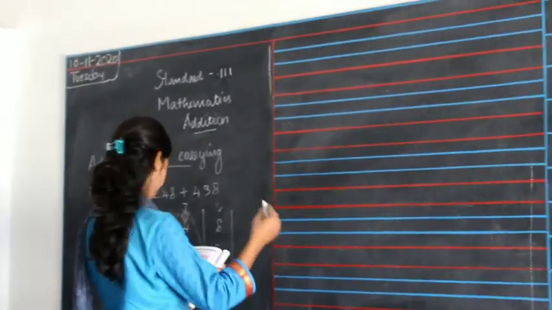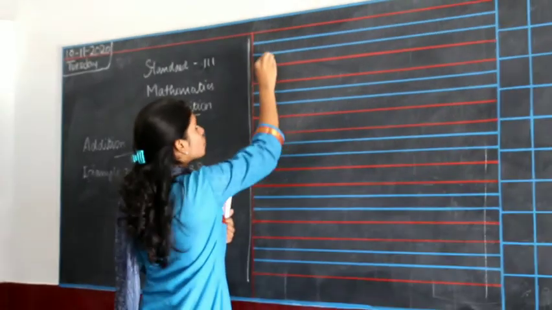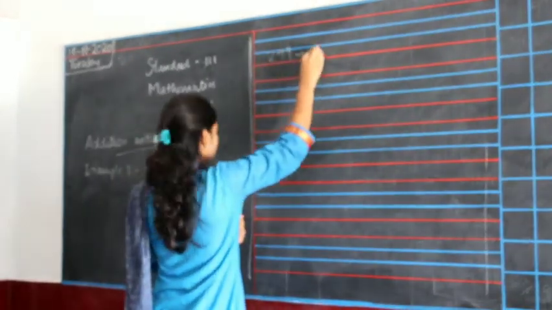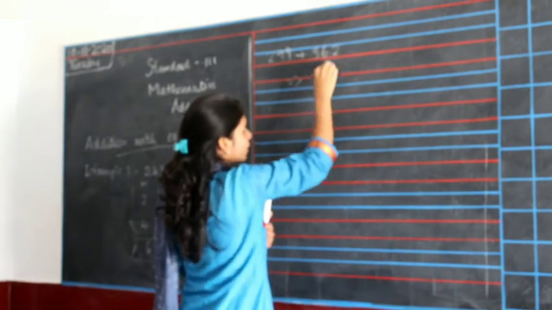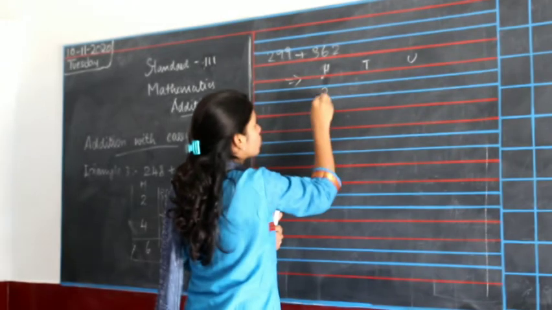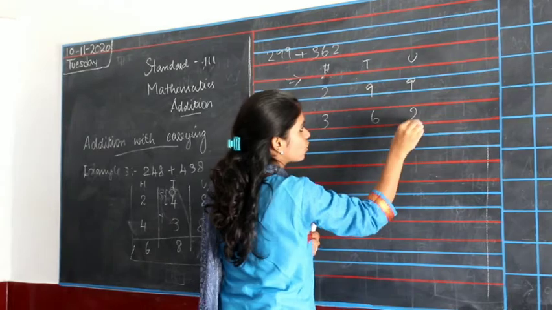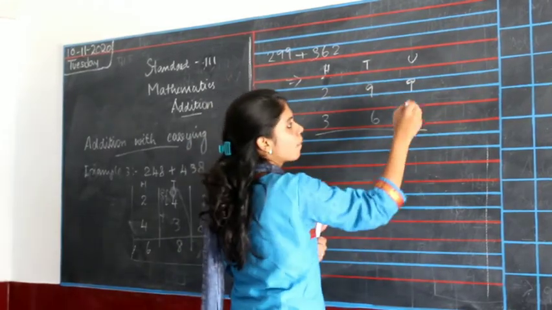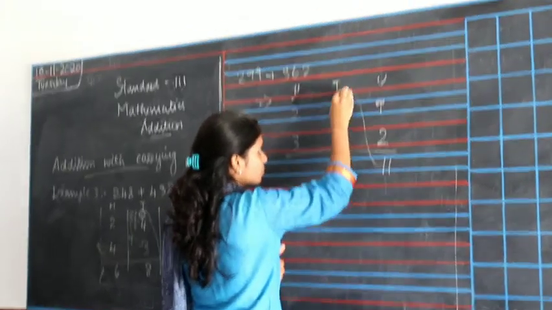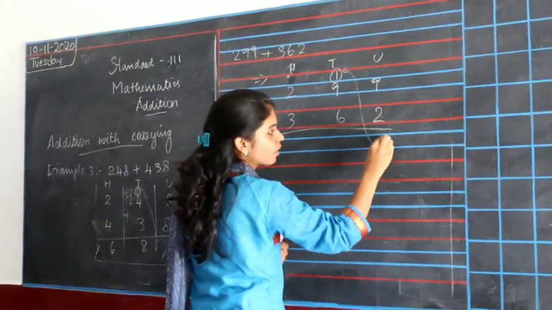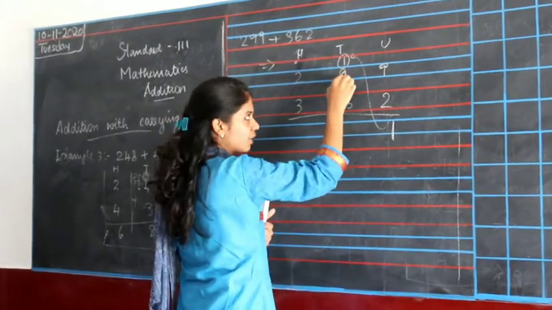Let's solve one more sum. 299 plus 362. 100 tens units. 299 and 362. 9 plus 2 will be 11. This will go on the top. So you will be having unit as 1 and 1 plus 9 will be 10. 10